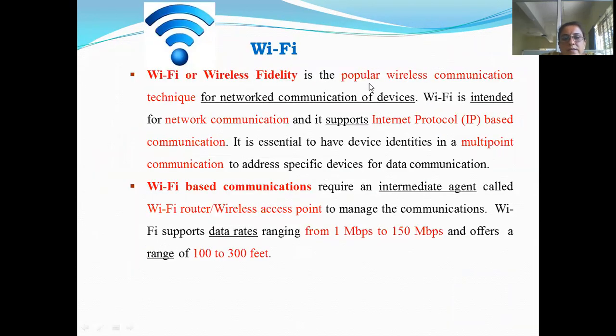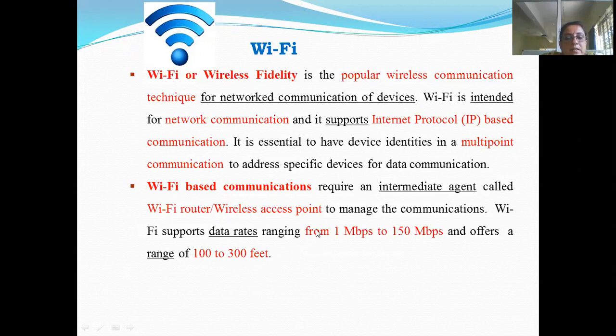Wi-Fi is a popular wireless communication that is most commonly used in the network communication of devices. Suppose in the embedded system some of the devices, either the actuators or the sensors, have to transmit data wirelessly, then you have to have a Wi-Fi connection for that. Here the Wi-Fi range is 100 to 300 feet, right? That means within this range, the data transmission happens.